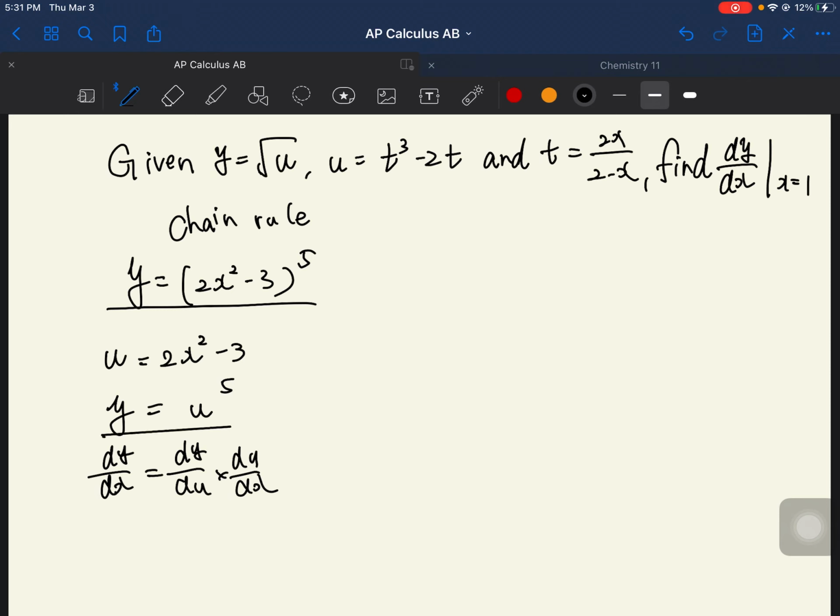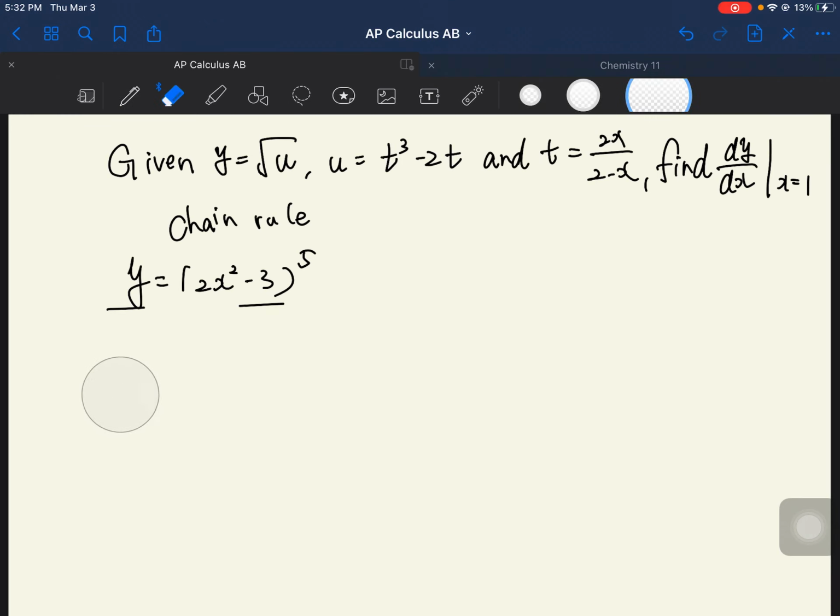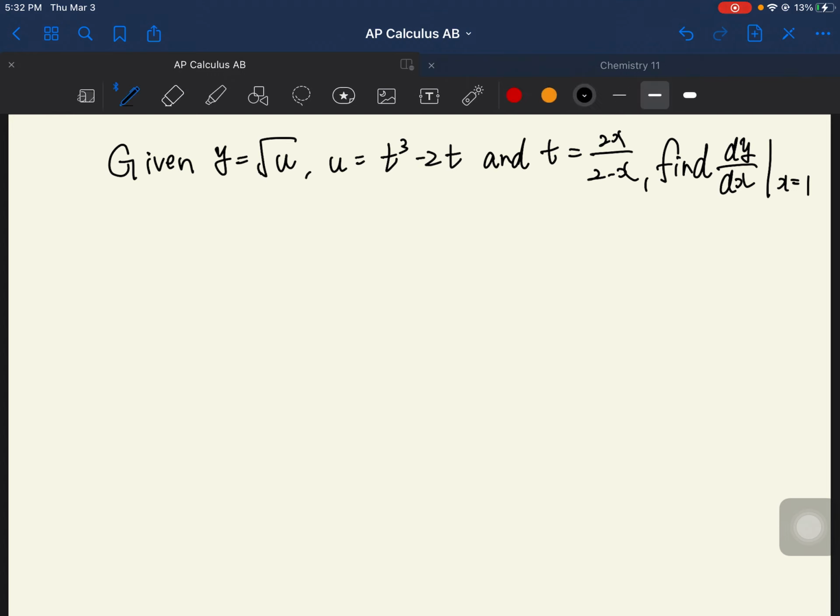But you can change this into dy/du times du/dx. If you use this formula, you can easily find dy/du because you just differentiate y with respect to u, and du/dx, you can use this function. Then you can easily find dy/dx in the end. That's the chain rule. So technically, we are going to do the same thing as this. Again, you have to find dy/dx in this question,